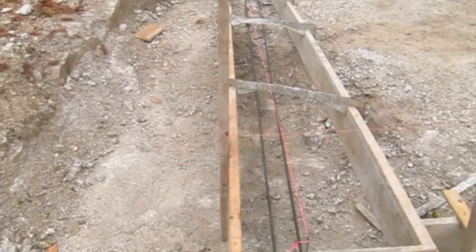I want to show you a pretty interesting construction site here on my own street in central New Hampshire. We're going to talk a little bit about footings. This video took place over 2 days. One day I wanted to show you the forms before they poured any concrete, and they finished pouring the concrete